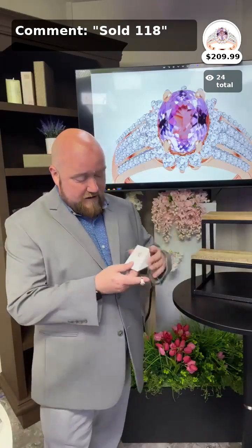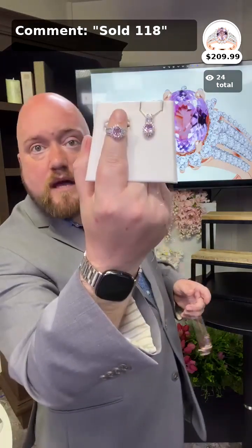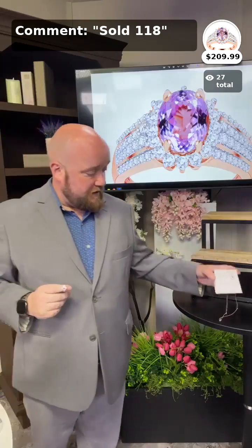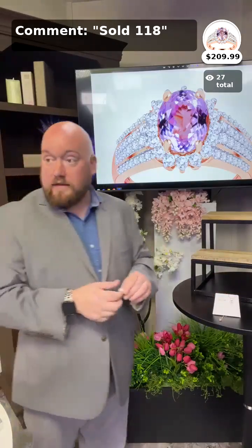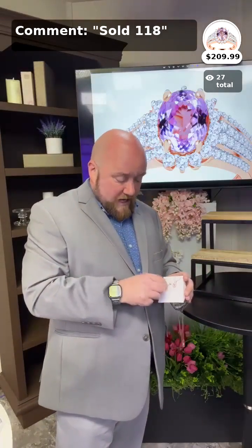And we also have the pendant coming up momentarily. Coming up in just a bit here. Okay, and this one also has options on our website for morganite,